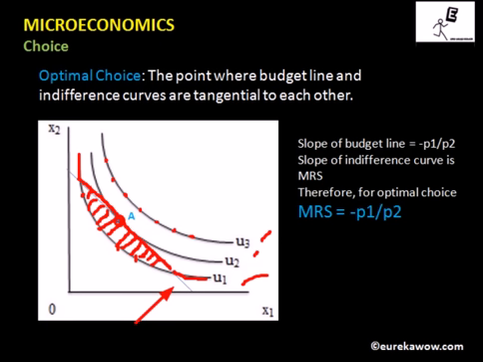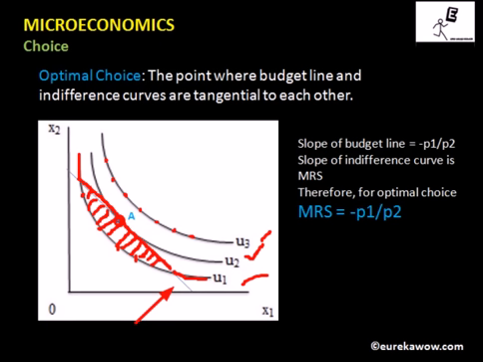So we say that any bundle that lies on U1 cannot be the point of optimal choice because though the bundles may be affordable, they might not provide higher utility to the consumer, because there's a whole portion of the budget line that is lying above the indifference curve. If we look at an indifference curve like that of U2, clearly point A is a point of optimal choice. Why? Because first, it is affordable by the consumer because it lies on the budget line, and second, it gives maximum utility to the consumer.